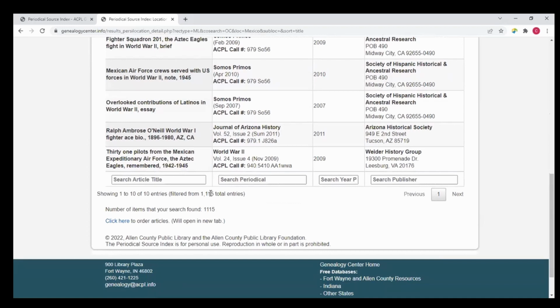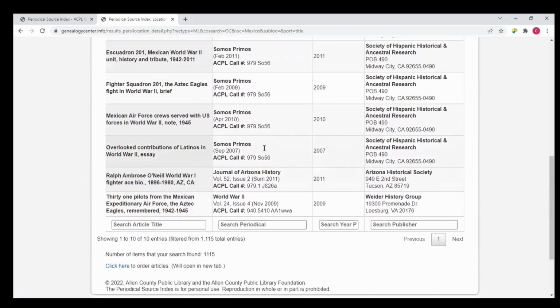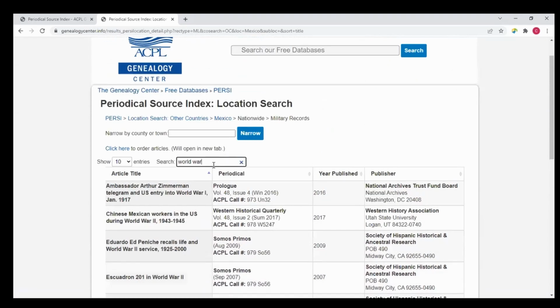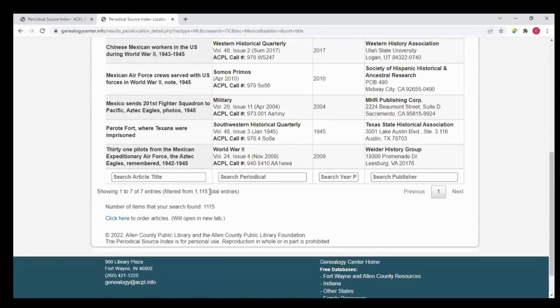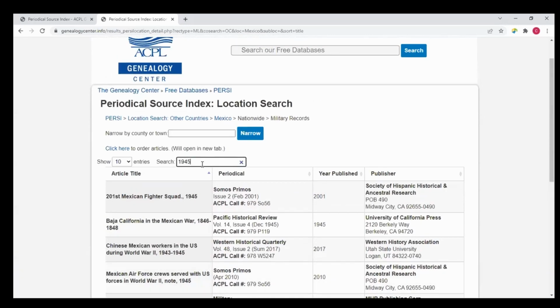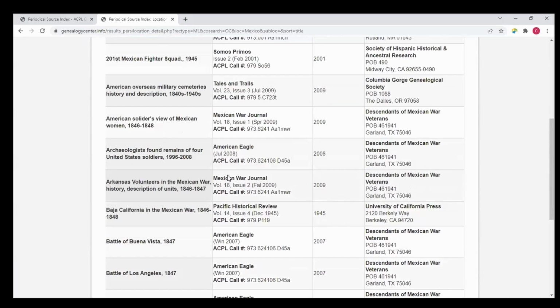To me, that would immediately say you're going to get World War I, which we see right here, but also immediately say I'm not getting everything. So maybe I do this, and maybe I do the little trick we tried before. We do 1945, and we get some search results, only 7 out of 1,100. But maybe we do this, 1940s, 40 anything.